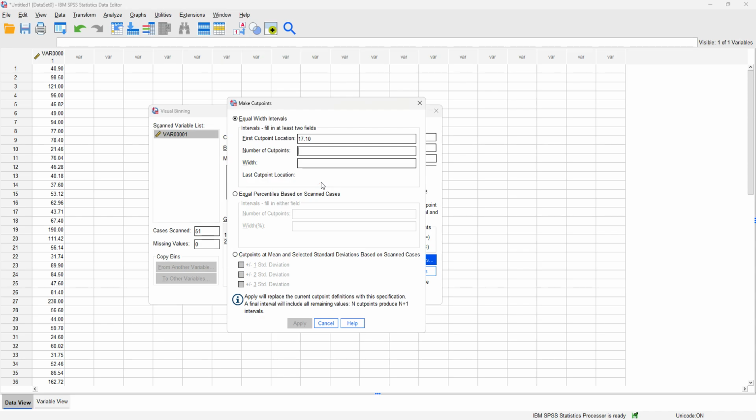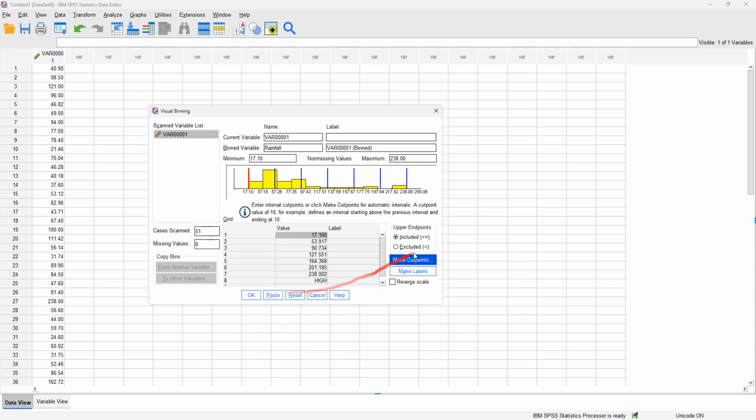The number of cut points is somewhat optional until you hit the maximum of your data, or even if you stop below the maximum of your data, it still creates a bin that is greater; it only calculates the values that are greater than the last cut point. So you won't have that much of a problem, so it's up to you again, and this here will calculate the width amount. So it's okay, make labels, and then you can see here are the labels,